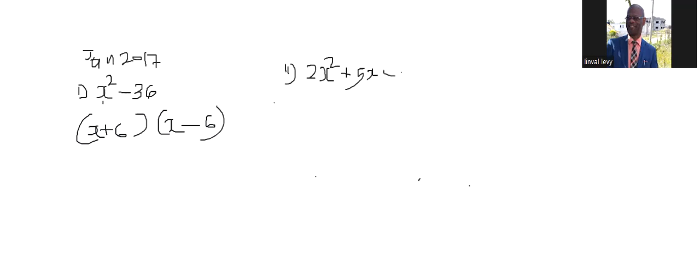Now notice that this would be what? The quadratic expression. So we have ax squared plus bx plus c, right? ax squared plus bx plus c. So a is 2, c is negative 12. So ac,